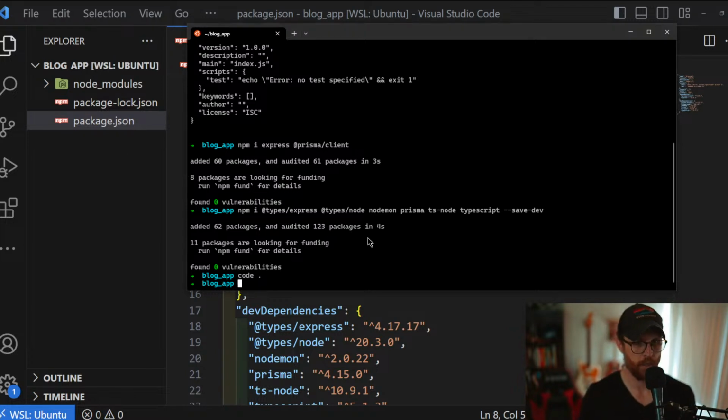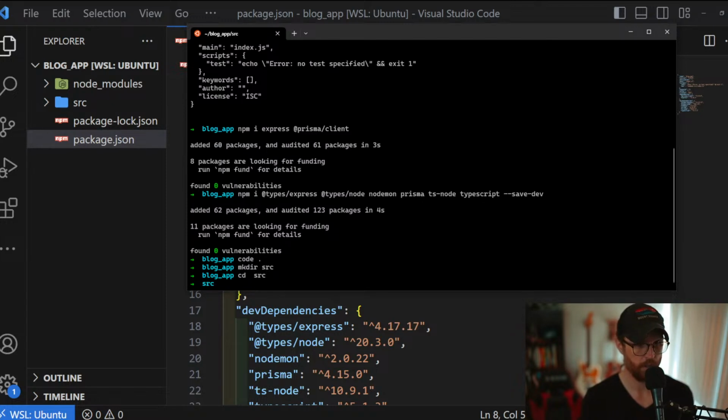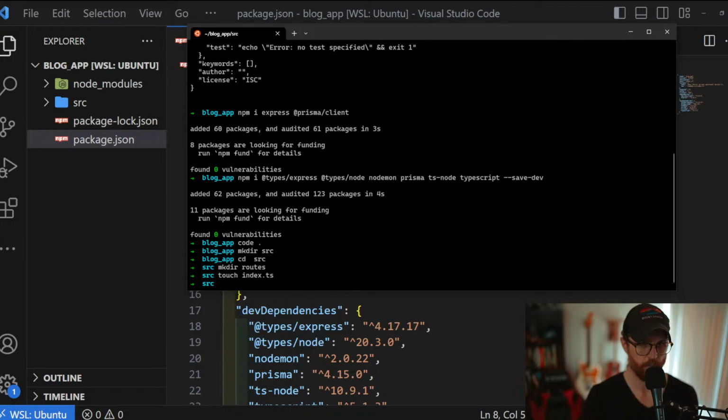Okay, so Victor src, we're gonna pop into src, and let's see, we're gonna make a routes folder for our routes, and we're gonna make a file called index.ts. I'm gonna be honest, I'm not super familiar